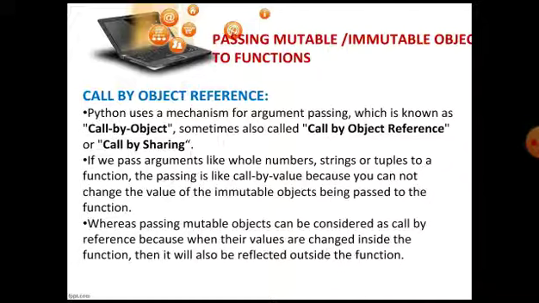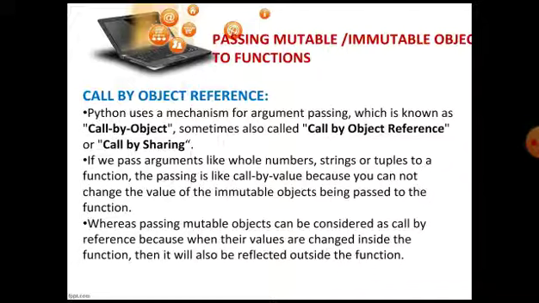But Python doesn't provide us with the freedom of choosing our own mechanism. It provides a mechanism which will be different for different types of objects. That mechanism is known as call by object reference, and it is also sometimes called call by sharing.